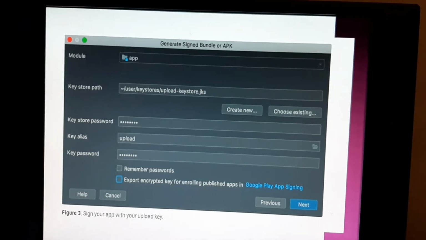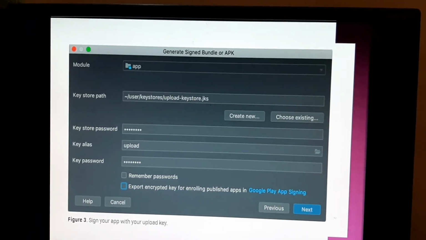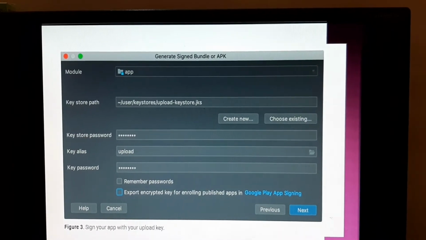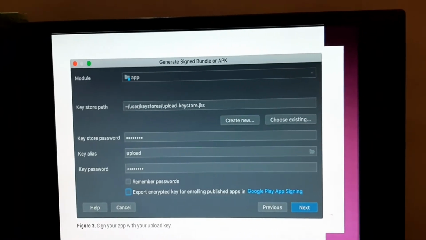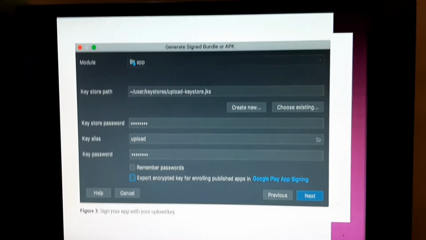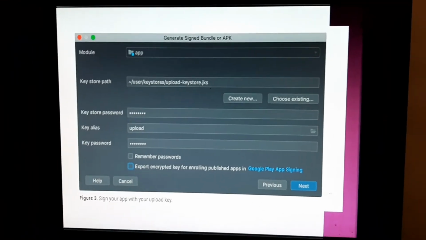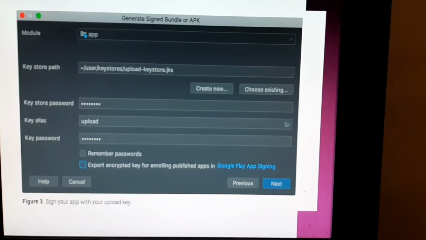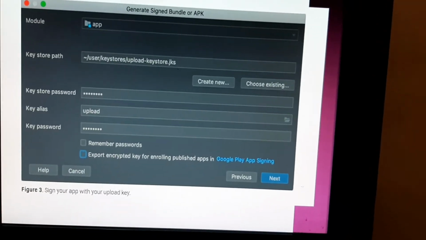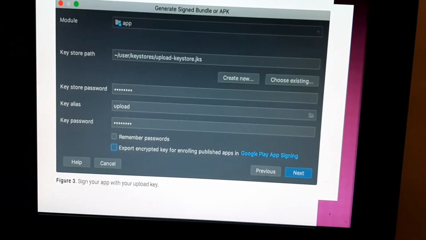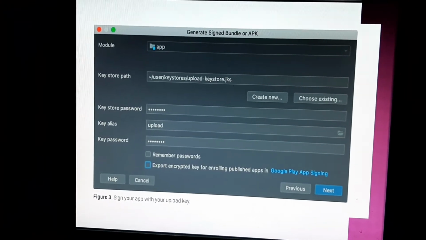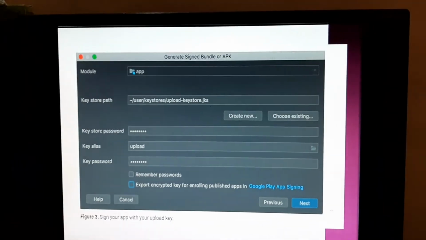If you don't currently have the Generate Signed Bundle or APK dialog open, click Build, then Generate Signed Bundle or APK. In the dialog, select either Android App Bundle or APK and click the Next button. Select a module from the drop down. Specify the path to your keystore and alias for your key and enter the password for both. If you have not yet prepared your upload keystore and key, first generate an upload key and keystore, then return to complete the steps.